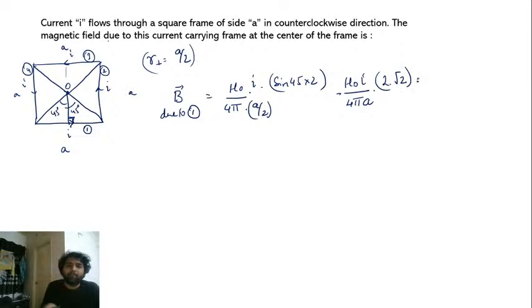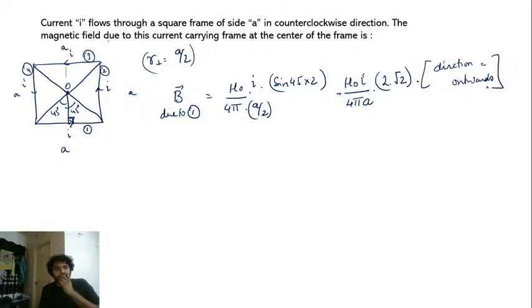And what is the direction? If you observe, direction of field will be outwards. You just simply take the direction of thumb along the direction of current and find out what is the direction of thumb. Thumb is showing outward. And if you observe, everywhere thumb is showing outwards. Not only here, every side will have the same direction.